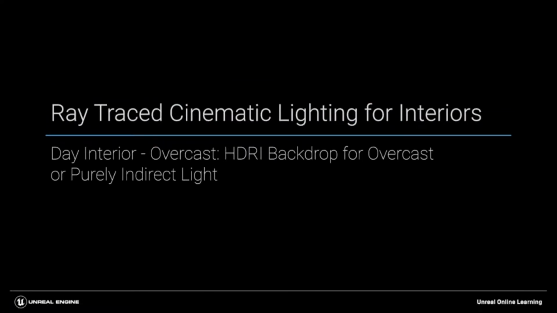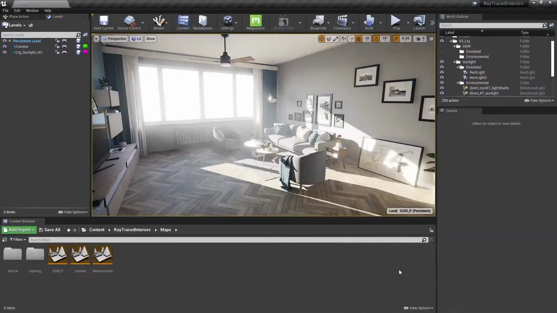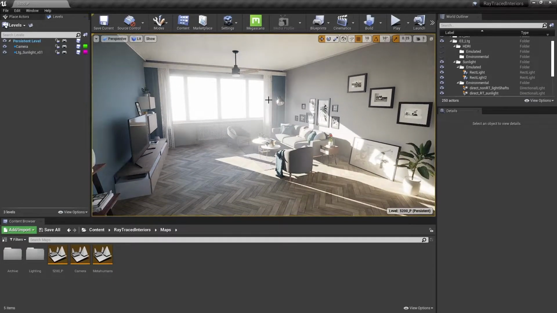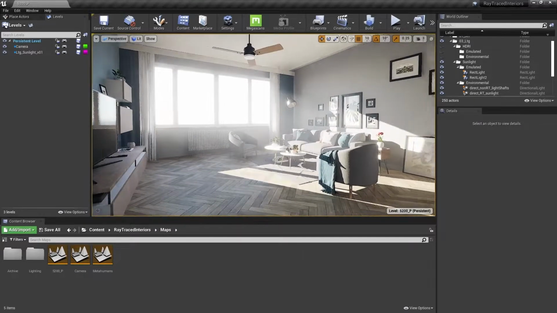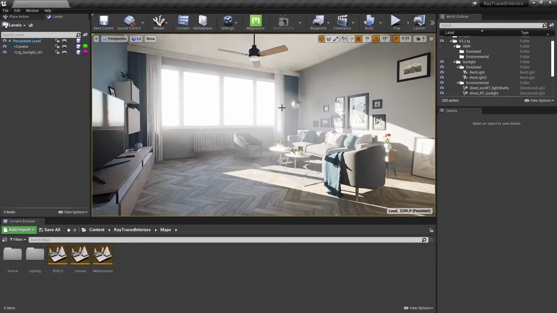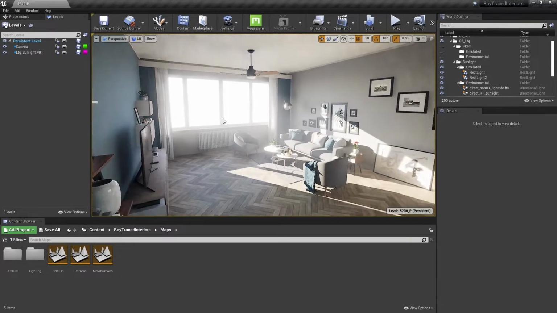Since we're happy with this setup for the sunlight look, let's start a new iteration to try something new. The next look we'll try out is a purely indirect light setup in that it'll be just soft light coming through the windows. The next setup we'll try out is going to be based on an HDRI backdrop actor, and we won't have hard sunlight, and instead we'll just have an environment outside that we want to motivate soft light